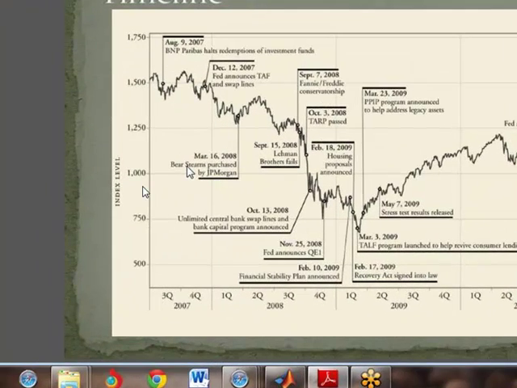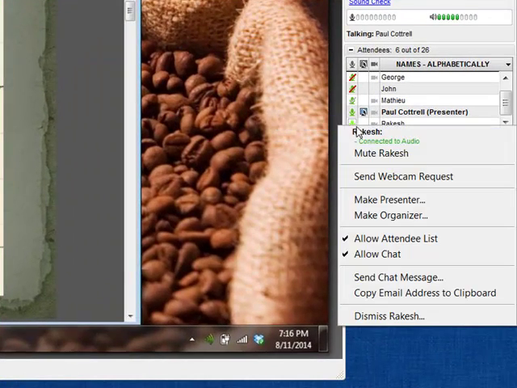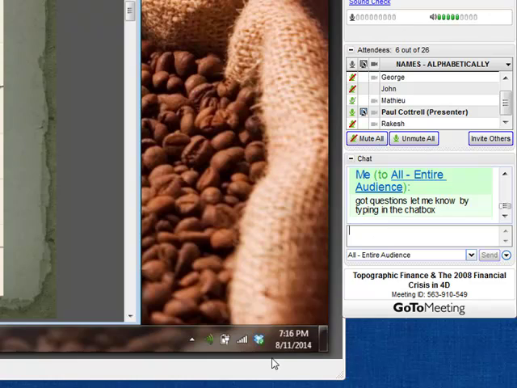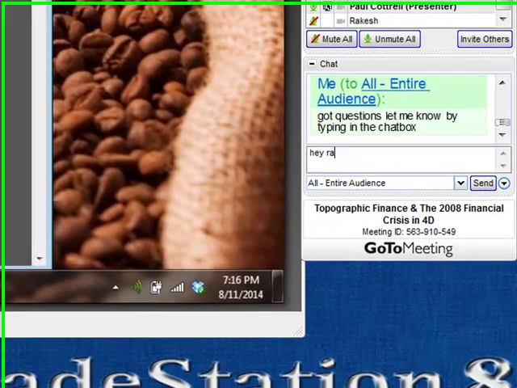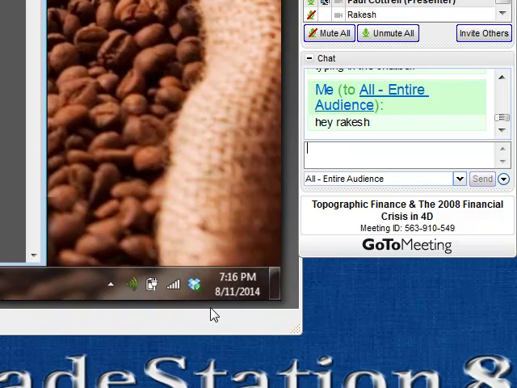Then TARP was passed. This is when Hank went to Congress for the bailout. And then after that, we're talking about unlimited central bank swap lines. Again, another sign of major stress happening in the system, which is similar to December 12, 2007. Then QE1 was announced, and then these different